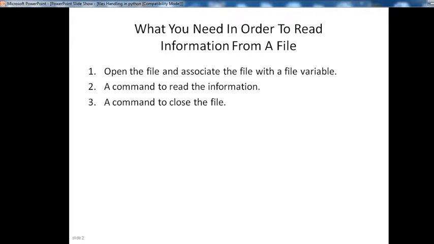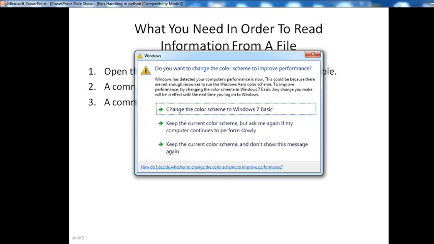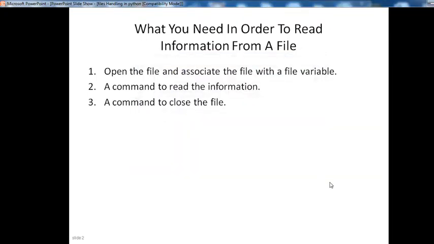What order do you follow to read something from a file? What is the first step? Open the file and associate the file with a file variable. Second step, a command to read the information, and third step, a command to close the file.